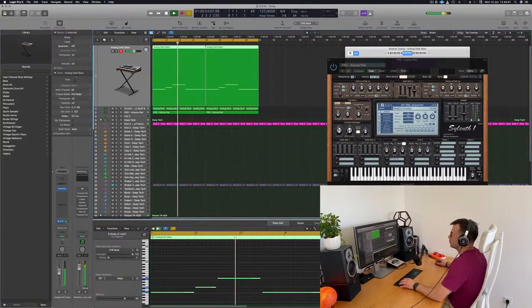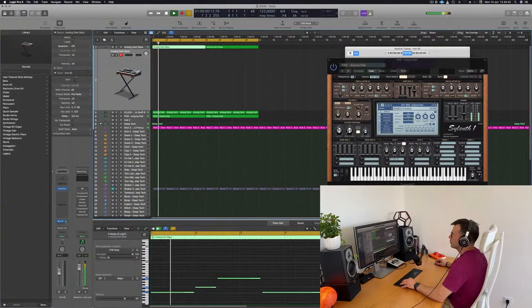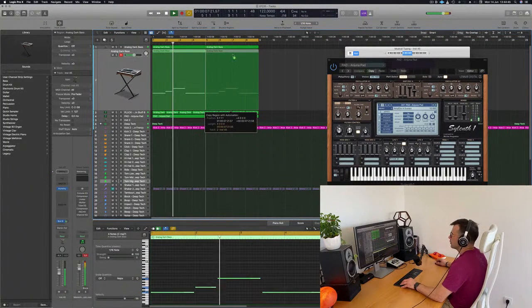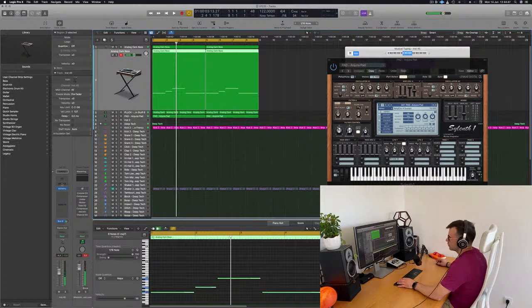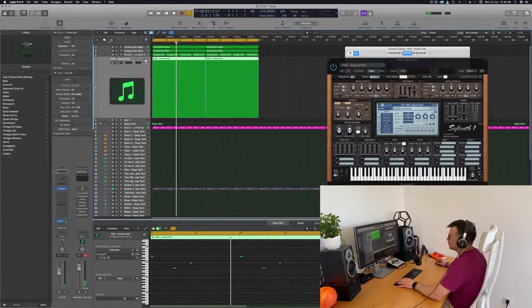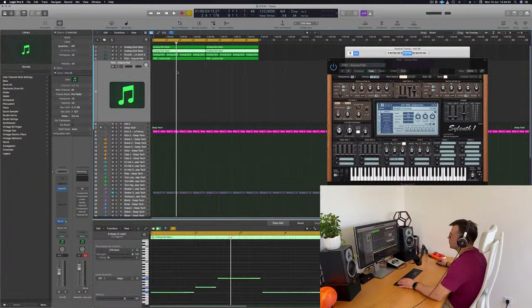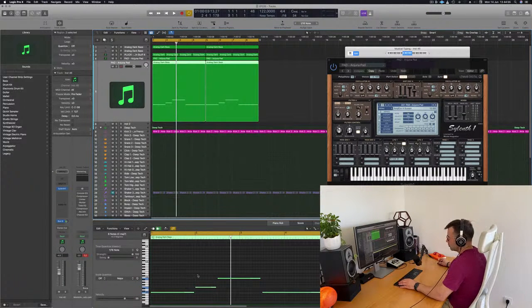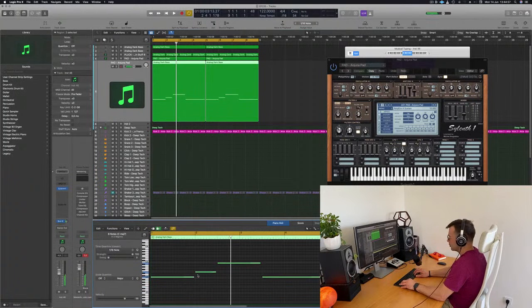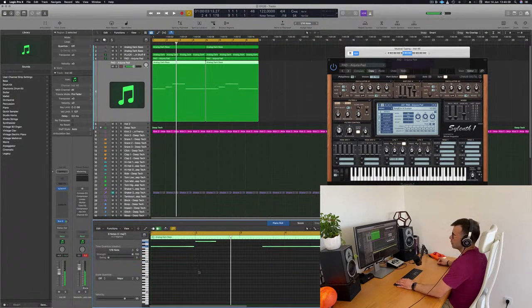I think it would be good to maybe follow this bass with the Sylenth1 pad. Oh, I should have just done this here. So I'm going to replicate the pad that we just created. I'm going to use the bass keys. Try to edit in the background as a drawn-out pad.